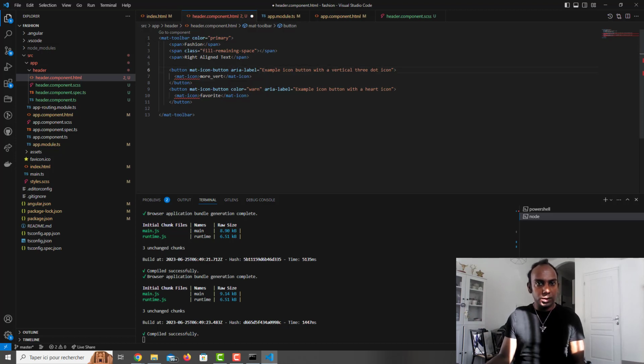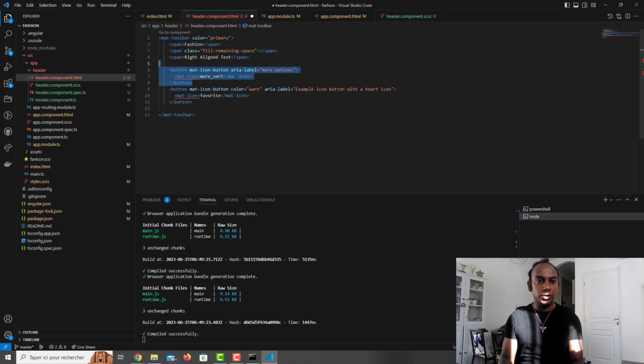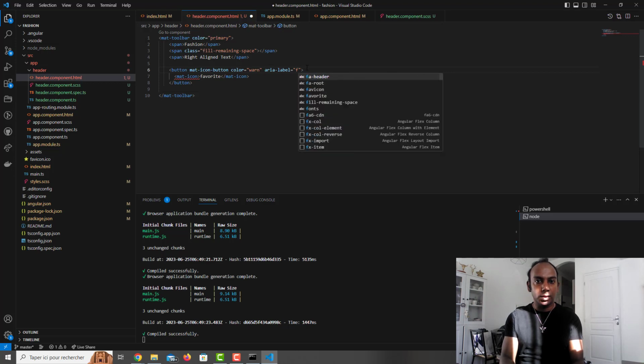So this is important. If you use the aria-label, it's just for some people with a handicap, so they can have someone who's reading the text by text-to-speech. So this is really important. So you can put more options here, we don't need more options, sorry. So we can put a favorite just to test. How can we do that? We just